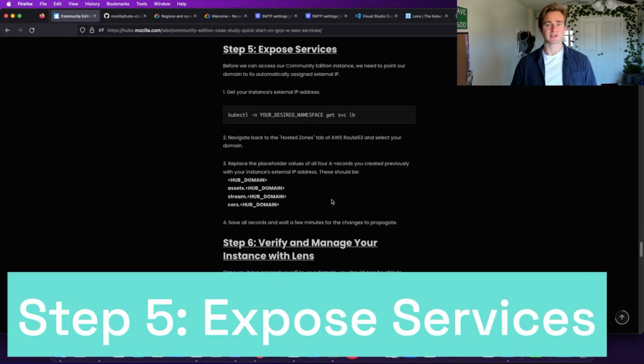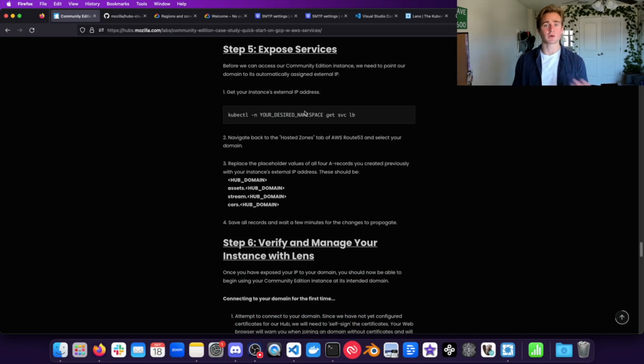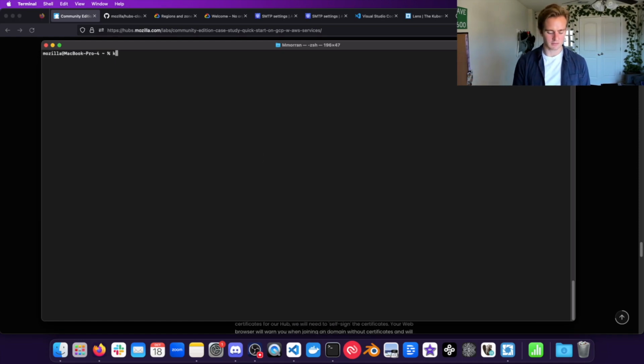Awesome, now we're on to step 5. We've deployed our Community Edition spec to the existing Kubernetes cluster, and now we want to expose that cluster's IP to our domain records that we configured in Route 53 at the beginning of this tutorial. So we'll get our IP address using this command and then go back into the AWS panel to apply those to our records. So the command is